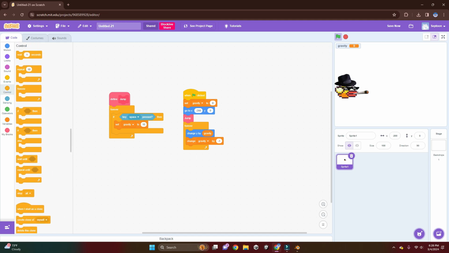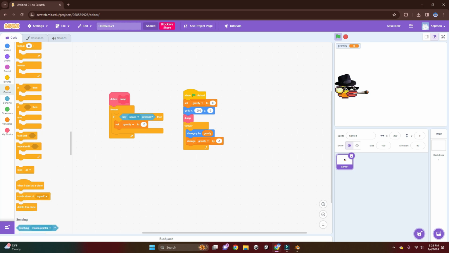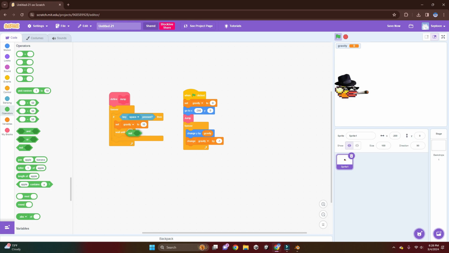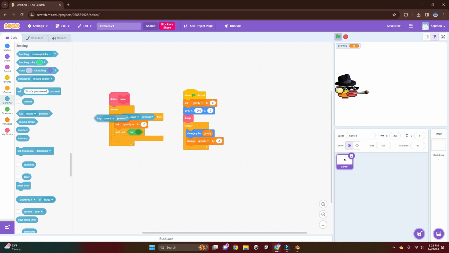Then we're going to go to control. Then we're going to press wait until not key space pressed. Now if we press the flag,